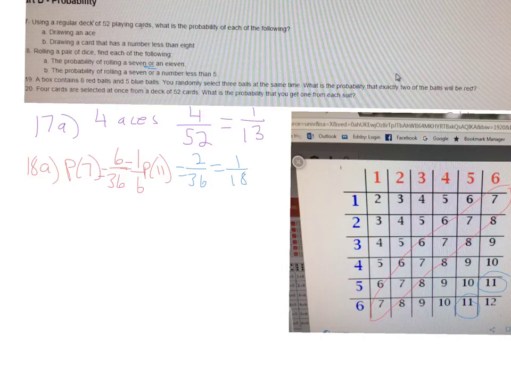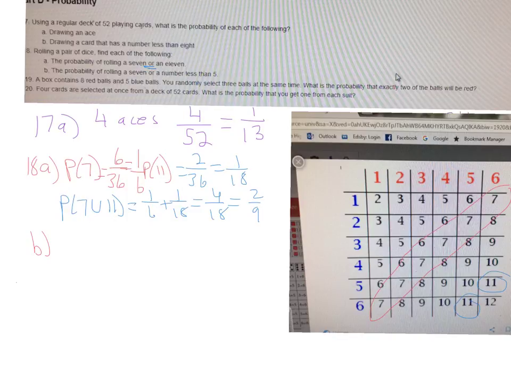And so in this case, if we want a 7 or an 11, then what we want to do is we want to say probability of 7 or 11 is 1 over 6 plus 1 over 18, and that's 4 over 18, which is 2 over 9. And so that's how we work out the probability when they're asking for an or kind of a question. So if we look at part B of that question,